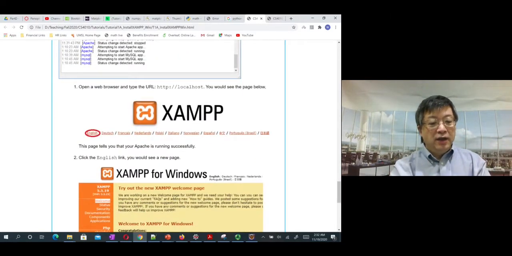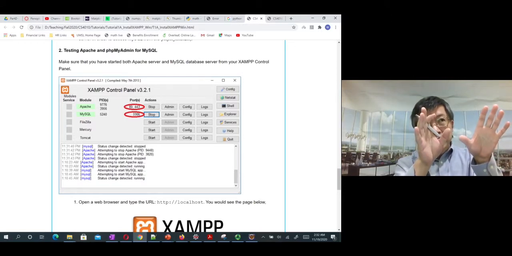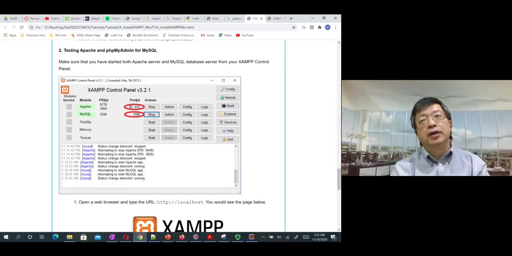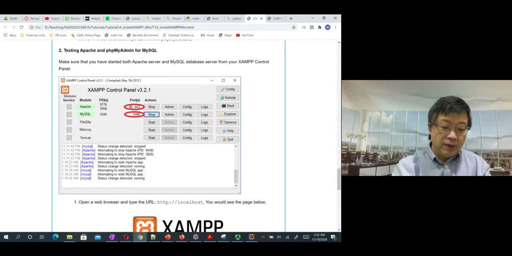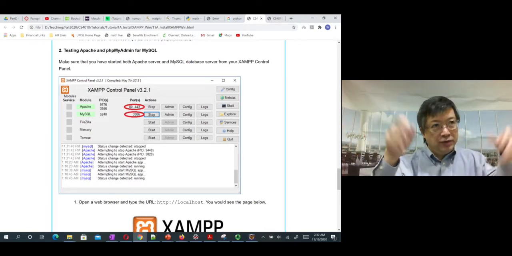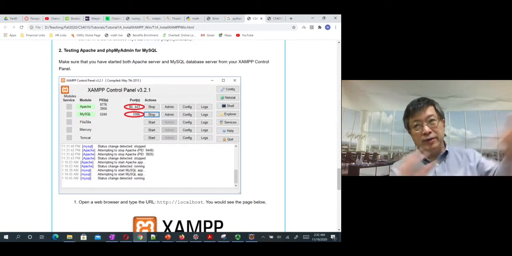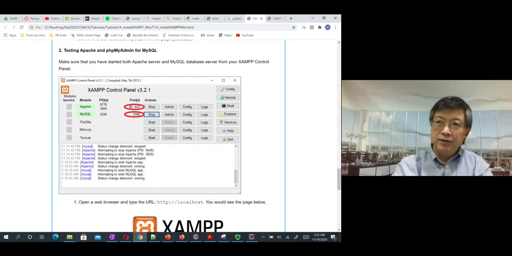After that, how do you know you installed the software successfully? So here I tell you how to check it. The checking step is very easy. You just start your web browser, any web browser. Because the two servers are already running, you cannot notice it, but they are running. You start your web browser, then you type this